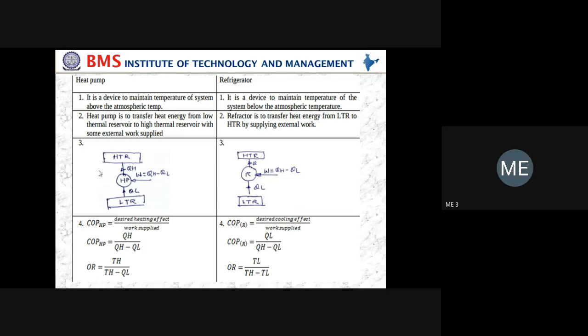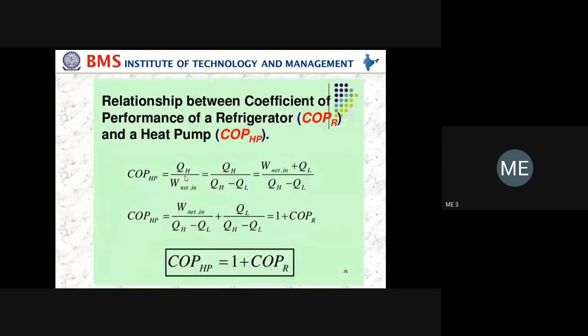If work is not supplied to the heat pump, the heat pump will not work. How did we study the Kelvin-Planck statement? In order to operate a heat engine, we should have two thermal reservoirs. Without any work input, the heat pump will not work, because in the heat pump and refrigeration the heat flows from the lower temperature body to the higher temperature body. Only if you supply work to the heat pump or refrigeration will the device work. That is the meaning of the Clausius statement.